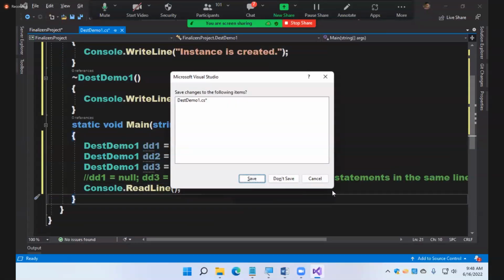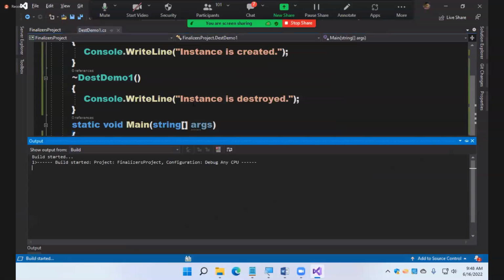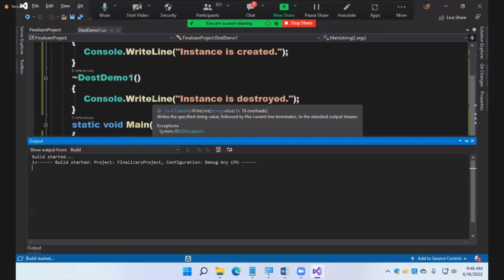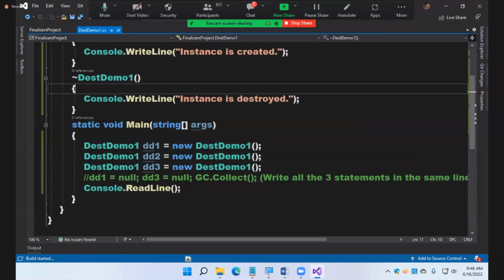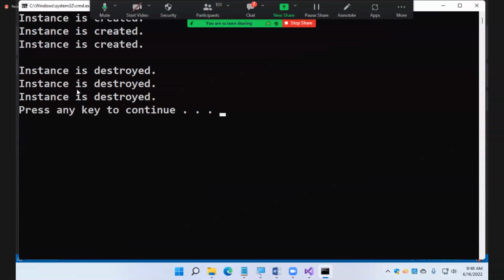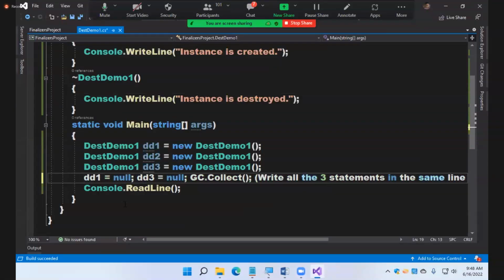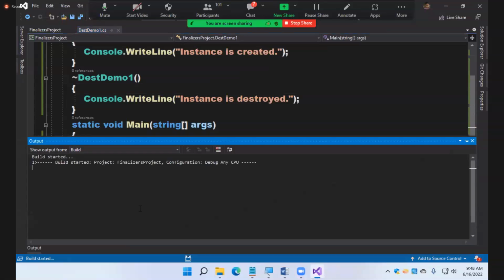So you remember Control F5. First, you'll see the 3 instances created. Afterwards, instances get tested, based on where we marked 2 as unused and called GC.Collect. That's commented, so because it's commented, all are tested at the last. This is case number 1. At the end of the program, everything is tested. If you want to test the third case, uncomment this code, and when you run that,